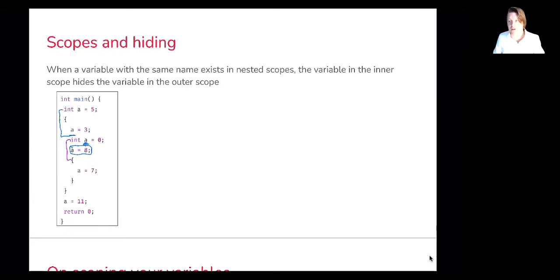Now, once it goes out of scope, that a that we had will come back in. So when we attempt to assign a the value of 7 at this point here,